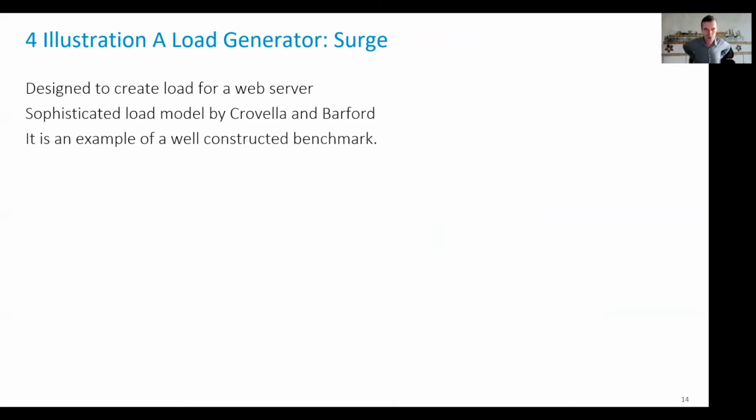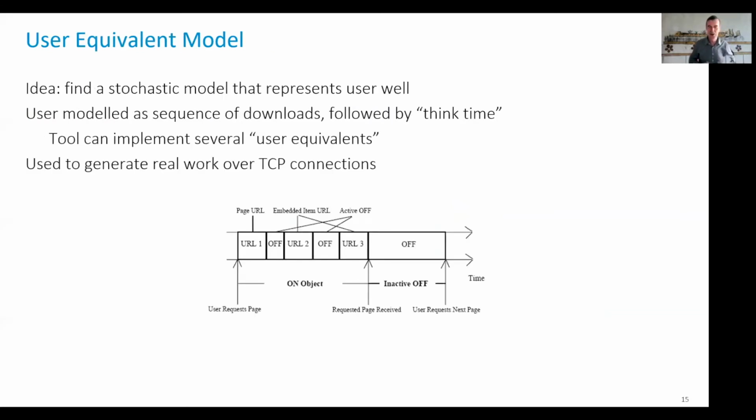In the lecture note, I give more illustration of how this is done in a very interesting load generator called Surge. This one dates a bit. It's old work, but surprisingly, it has not been replaced by anything better, at least with that level of sophistication. It's an example of a benchmark that tries to simulate load that goes to a web server, and it's based on an artificial model of user behavior, where it assumes that the user oscillates between active period, off period, active period, etc. That is similar to one of the models we use in queuing theory, the interactive user model.